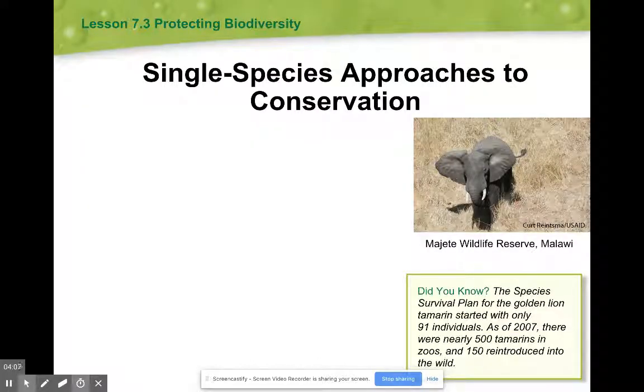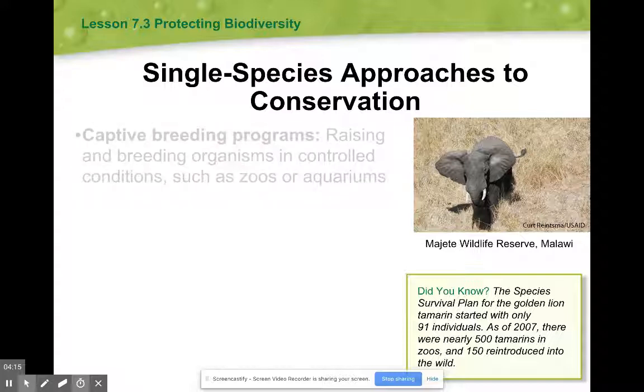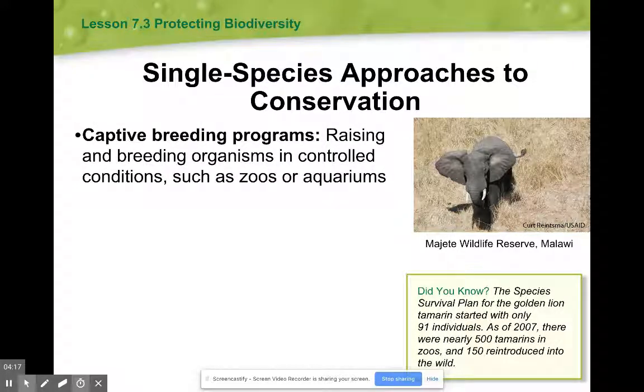Then what we can also do is we can go more hands-on with the specific animals that are threatened, like in this case, the elephant or the giraffe or the panda, which we'll see in a second. And what we can do is, one is captive breeding. So it's exactly what it sounds like. We have these animals in captivity. We make sure that everything is necessary that they need in order for them to breed. And you usually see this in zoos where there's zoologists and biologists working together to help these animals,